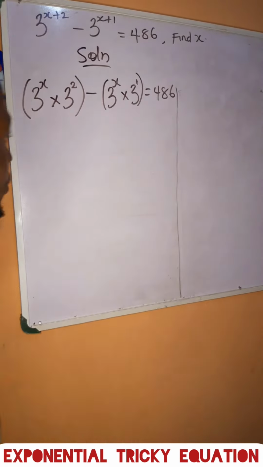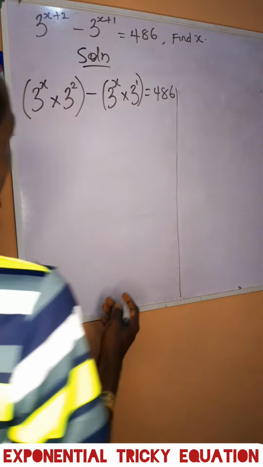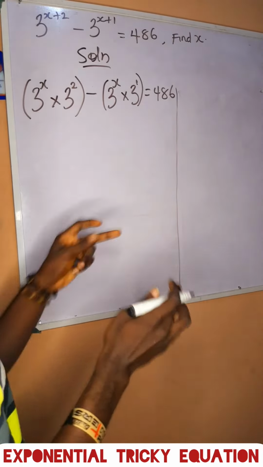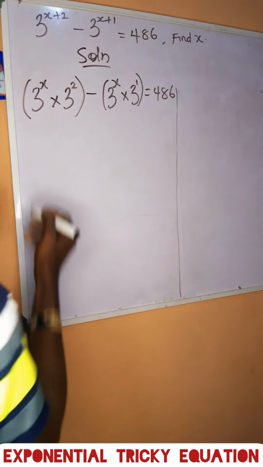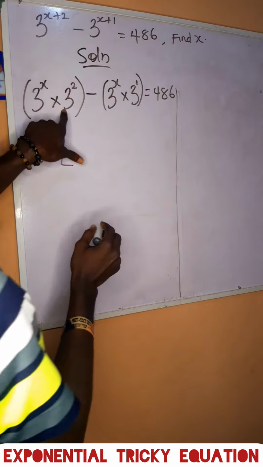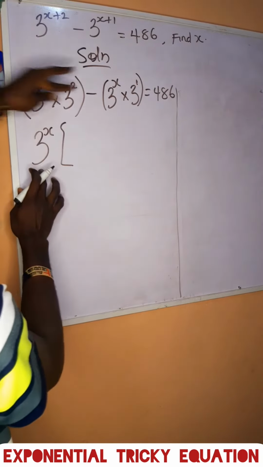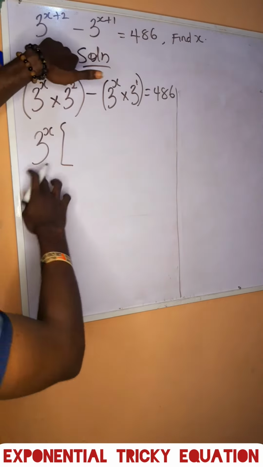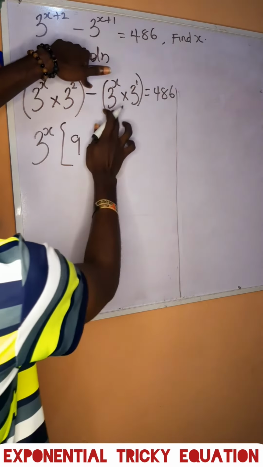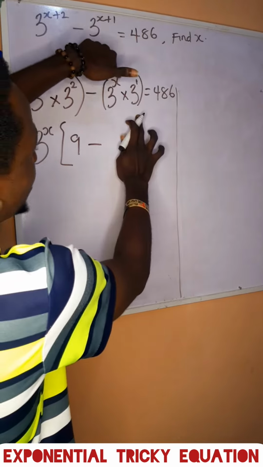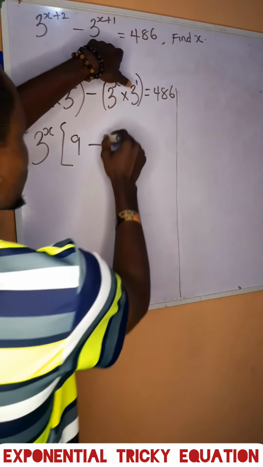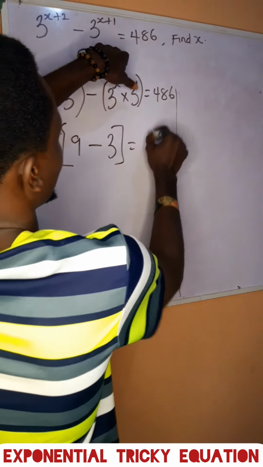Now what is the next thing I'm going to do here? Since 3 to the power of x is common, I'll factor it out. So if I factor it out, what do I have remaining? For this side, if you divide by 3 to the power of x, you have 3 to the power of 2 remaining, and that is 9. Then minus, use 3 to the power of x and divide this part. It will cancel out the 3 to the power of x, and you just have 3 to the power of 1 remaining. And 3 to the power of 1 is the same thing as 3. Then it's equal to